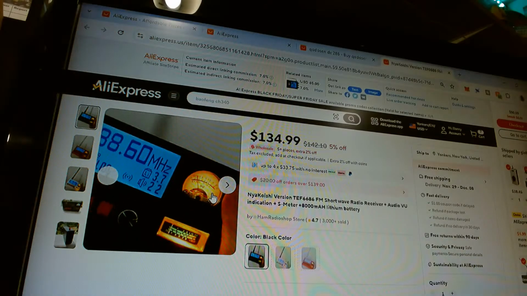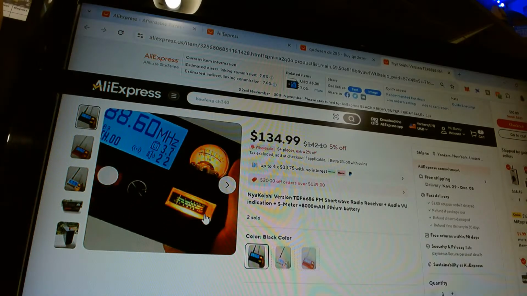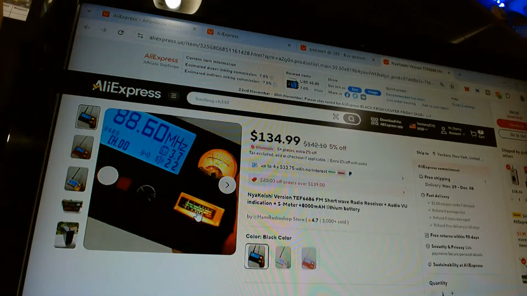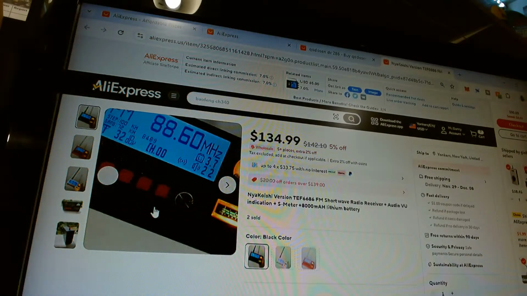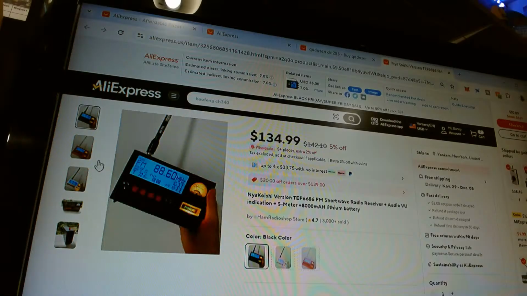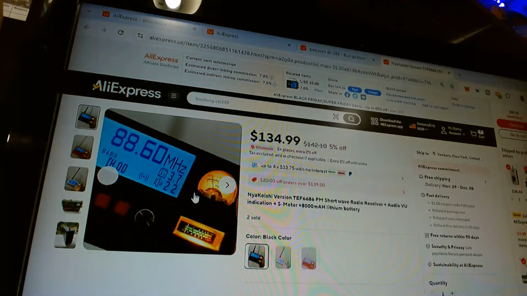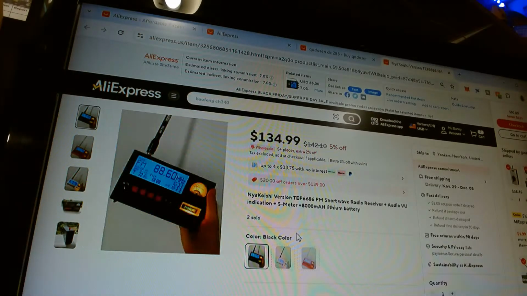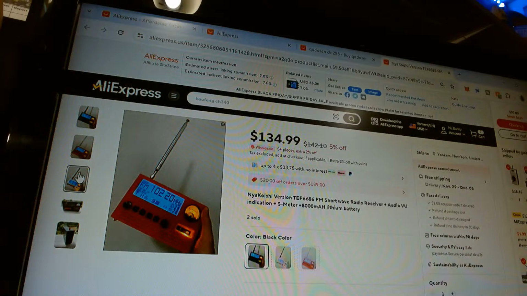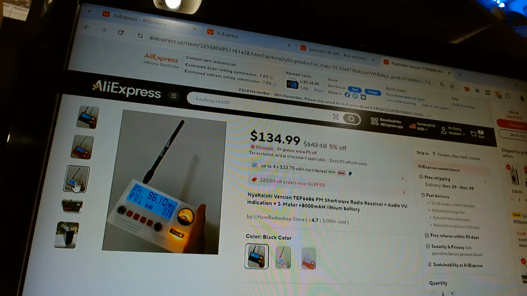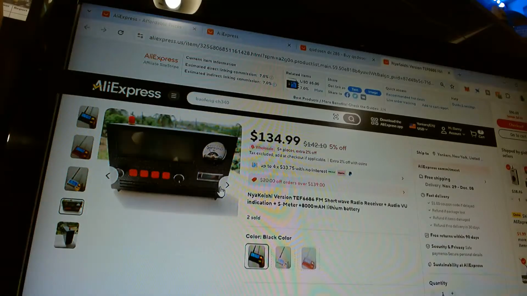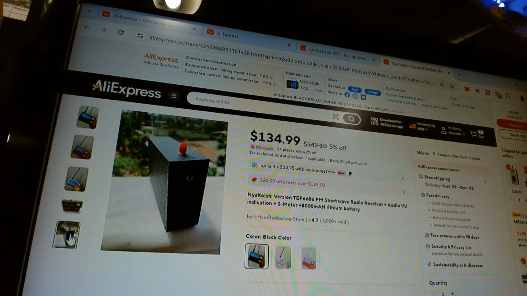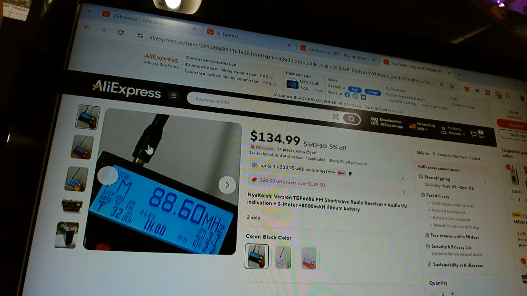The signal strength meter, and I guess that's the battery, the power. I like that it looks like this. It looks like a hybrid, vintage but digital, and it looks kind of cool with the analog meters.